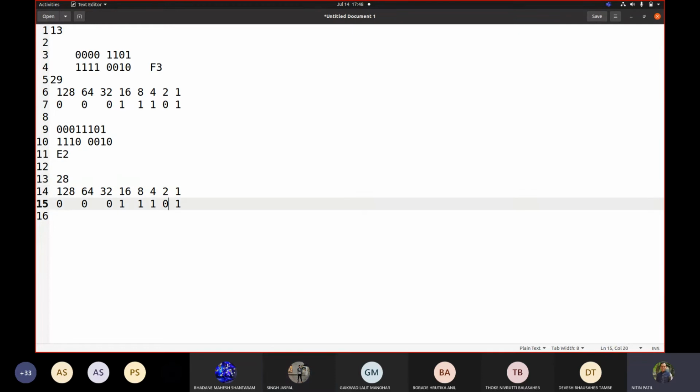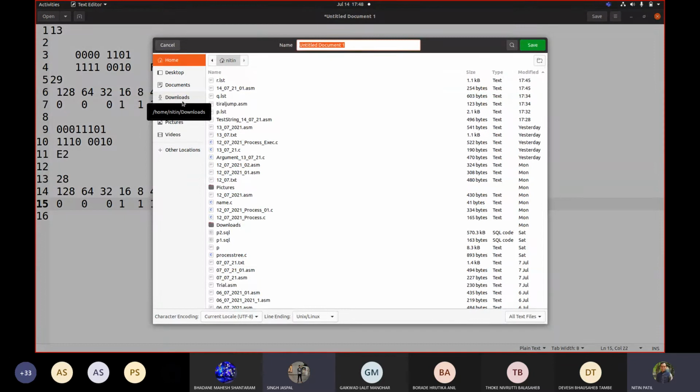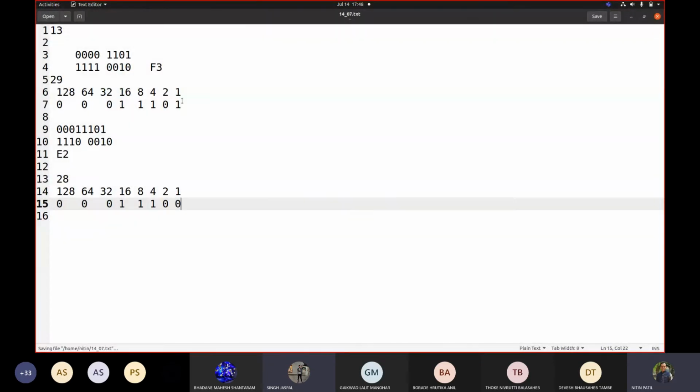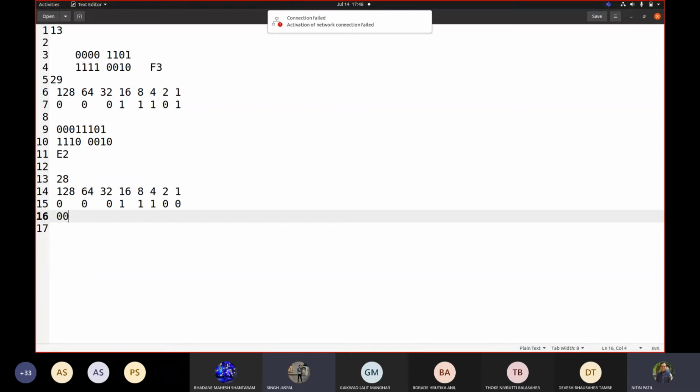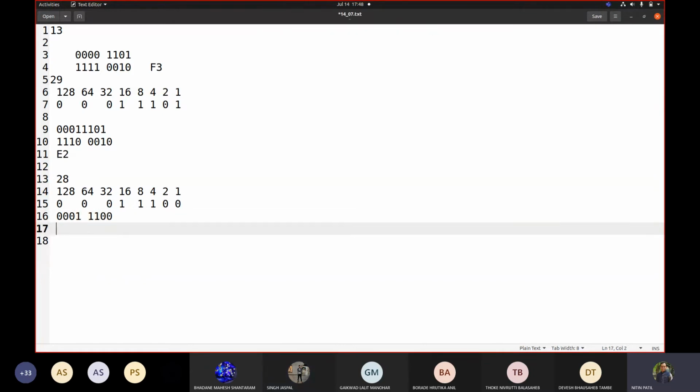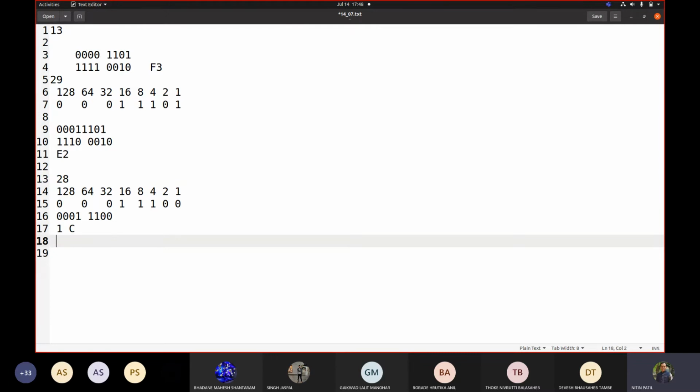Correct? है ना? समझने के लिए बाद में. Fine. Understood this one now? So when you write this 0 0 0 1 1 1 0 0, so it becomes 1C. So that's why forward jump is showing you 1C. Correct?